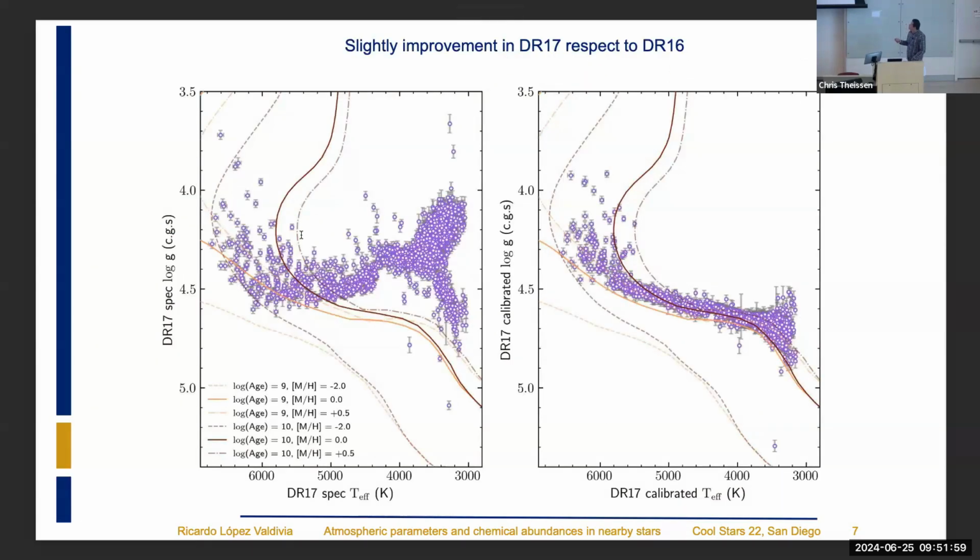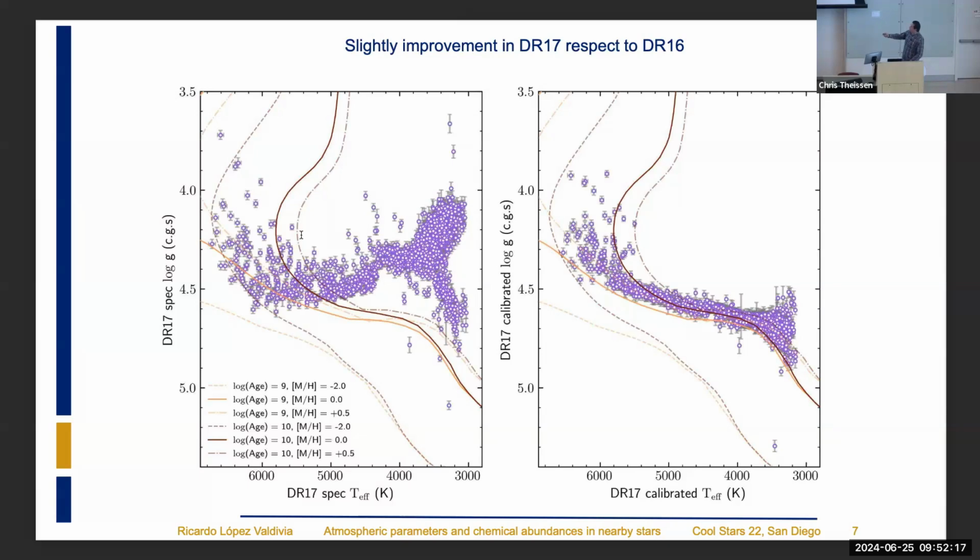I'm showing this, the results that we have in the APOGEE pipeline. The APOGEE pipeline is producing this flat main sequence for this sample. So you can see that it's not easy to get the result that we have with Turbospectrum.